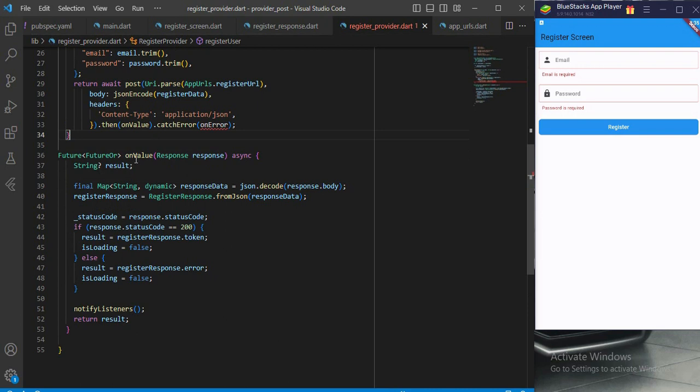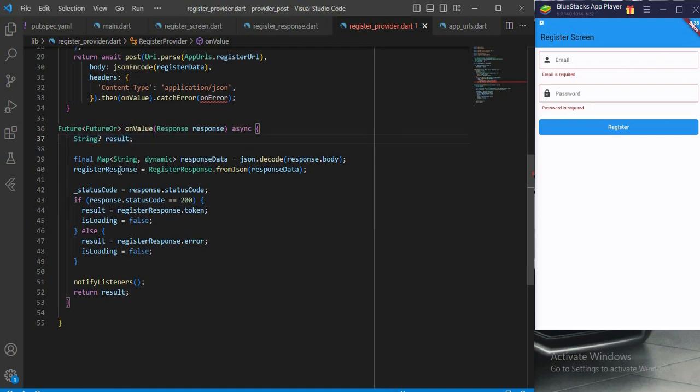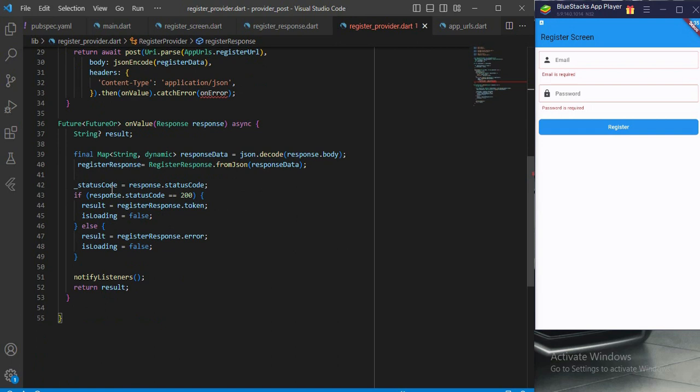Right, now this onValue gets the response from here, and then we have string result. We return the result from here, and then we are mapping this response body to this response data, and we are decoding this body, response body, and then we are assigning the value from JSON. We are getting the object from here, and then we are assigning this response value into this object register response, and then we are setting this status code to this